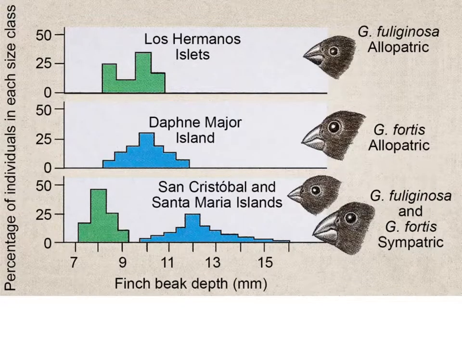Here's another graph showing how these birds have gone through character displacement. In the first graph on the top, we see that the bird species lives alone and has a wide variety of beak sizes. On a different island, a different species lives alone, and they also have a variety of beak sizes. When you put the two species together on a third island, we see that one has small beaks and the other has large beaks. There is still variation in each population because that is there genetically, but the beak sizes do not overlap because the food is partitioned. Each one is only using one type of seed.